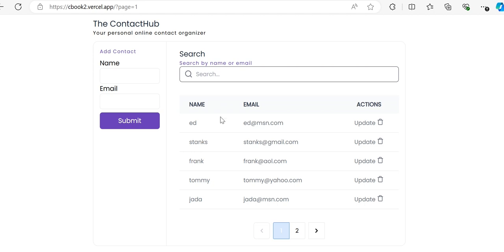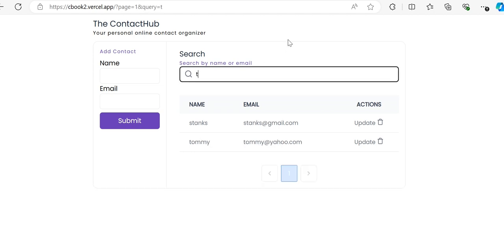So we also have the ability to search for a contact, and this is leveraging server-side rendering. So we don't remember the exact name of the person, but we remember that the first name begins with a T. So if we type in the letter T, we'll notice that the contacts based on the name and email, if either one has the letter T within it, it's going to filter it out based on our search